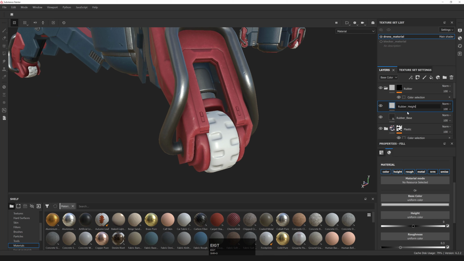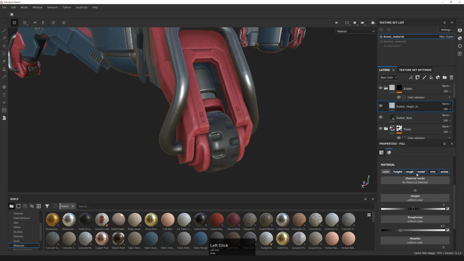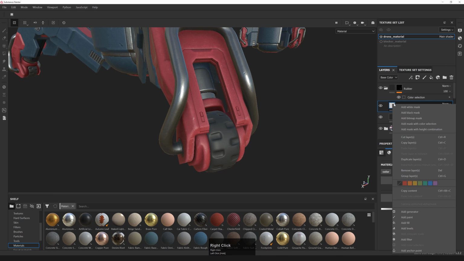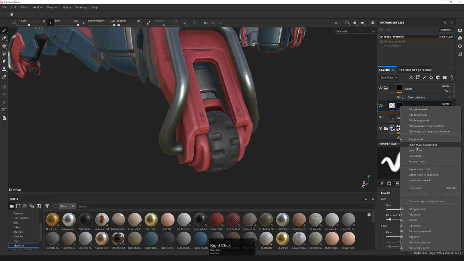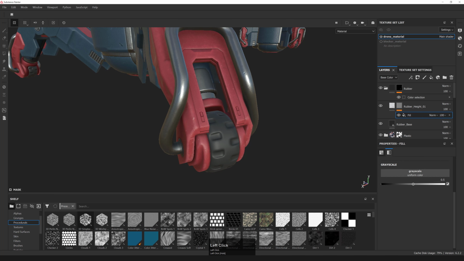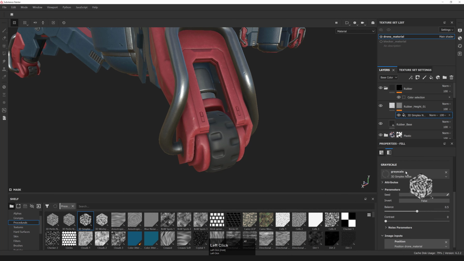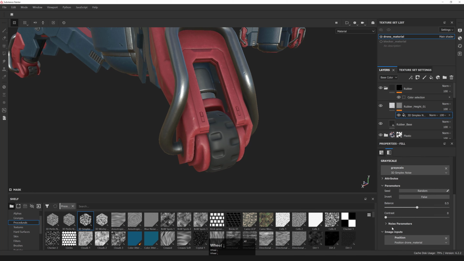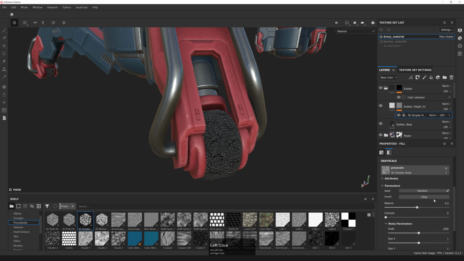So just like before, we're going to add a height layer, and then we're going to add a black mask and a fill layer in the black mask. And we're going to go to our procedurals, and we're going to drag the 3D simplex noise in the grayscale slot. And not much has changed because we need to increase the tiling. So let's crank this up to like 1500